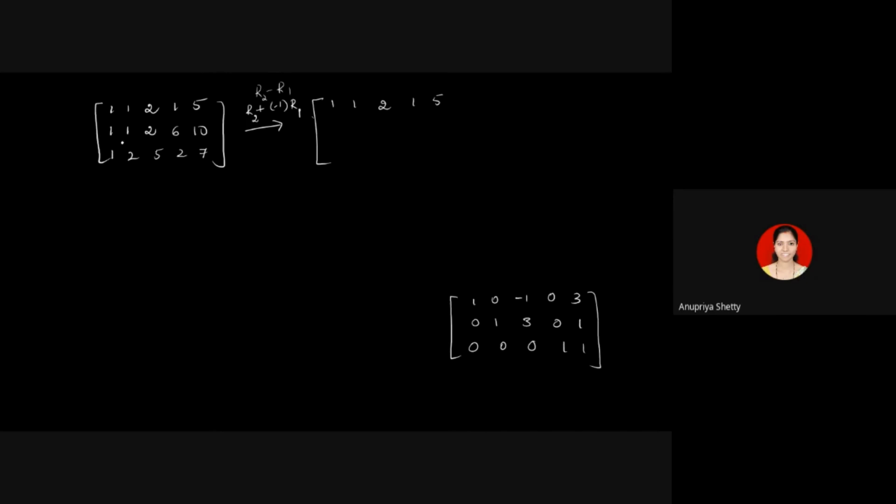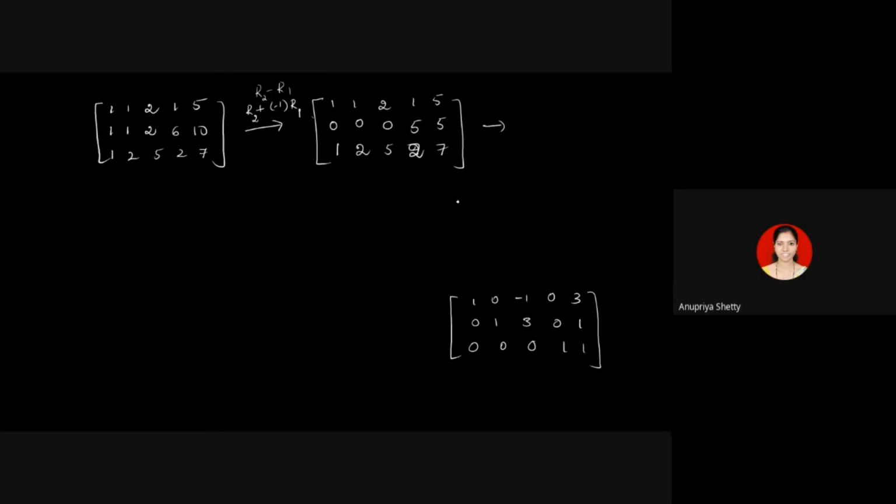You're subtracting row 1 from row 2, but if we go with the actual row operations, you're multiplying the first row with -1 and adding it to the second row, which is an elementary row operation of type 1. Remember, the first row remains as it is, the second row will be 0, 0, 0. Even the third entry becomes 0. Here 5, and then 5, then 1, 2, 5, 2, 7.